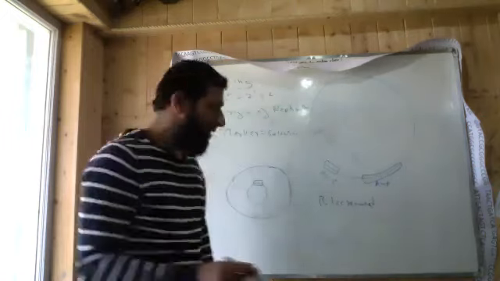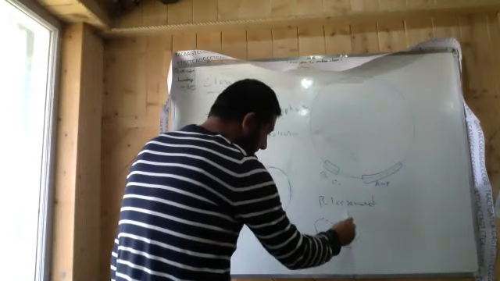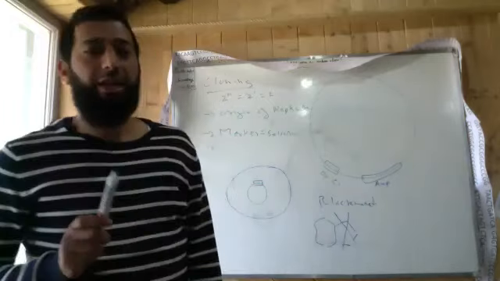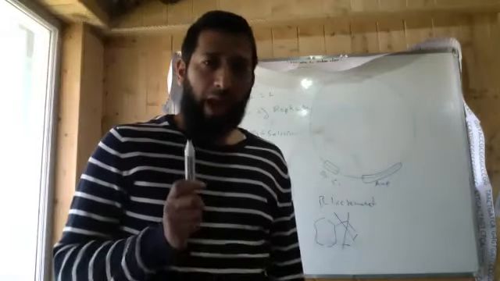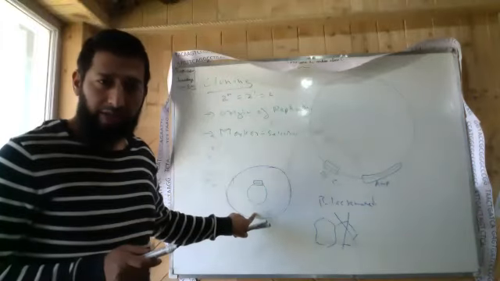This beta lactamase has a property that it breaks the beta lactam ring of ampicillin and renders it inactive. So now if somehow this plasmid goes into a cell, E. coli cell,